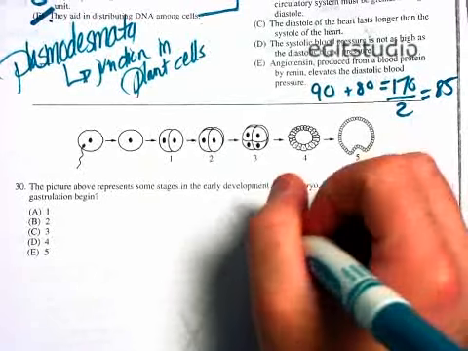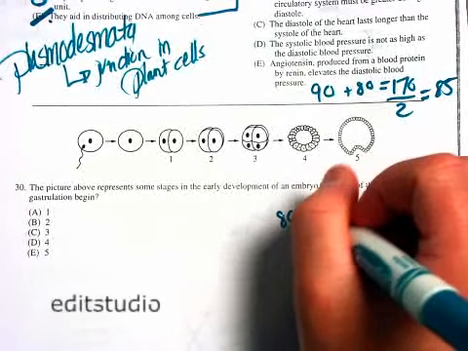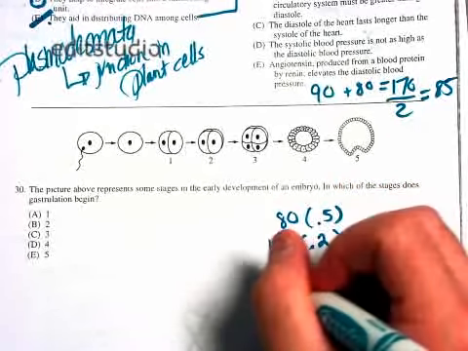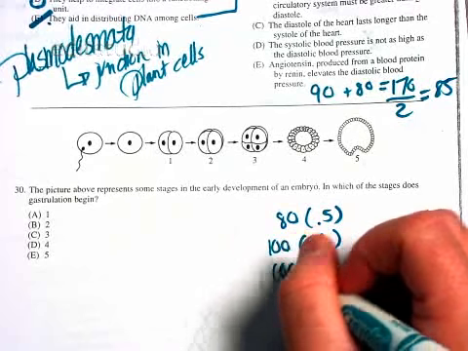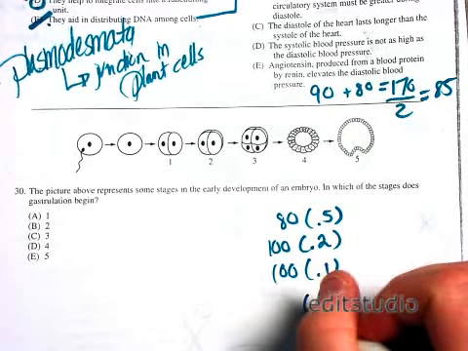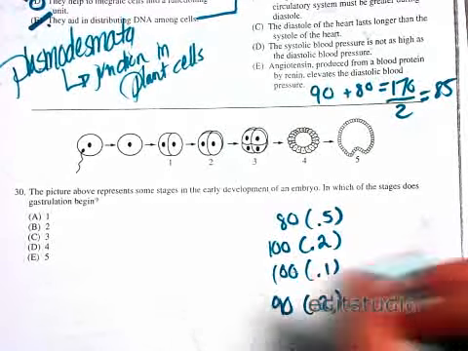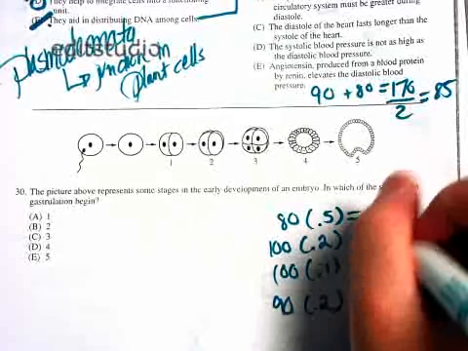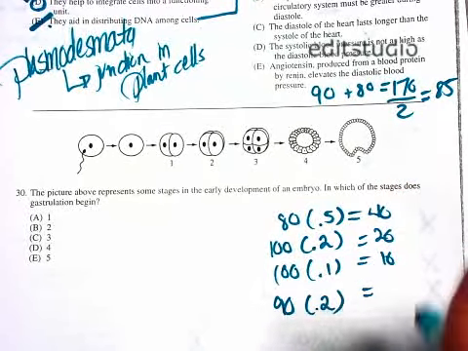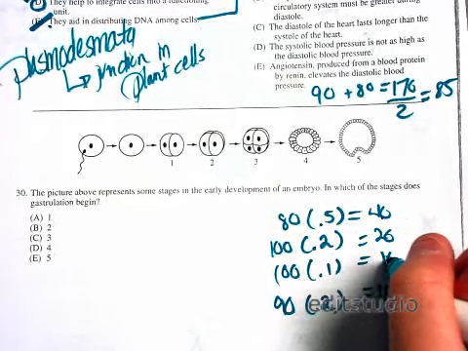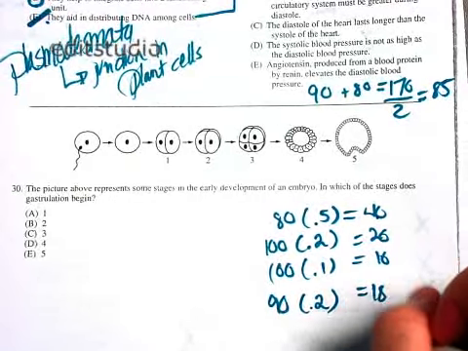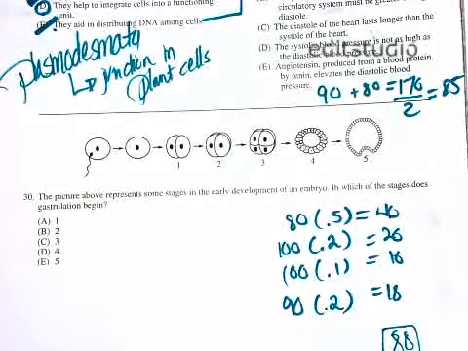Let's say your test average is like an 80. Well, I take that and multiply it by 0.5. Let's say your lab grade is 100 and multiply that by 0.2. Let's say your homework grade is 100, which is 0.1. And what's left? 0.2 for quiz grades, which is 90. So that's actually how I do your grades. So what is that, 40? What's that, 20? 10? And what is that, 18? So 40 and 60, 70, 88